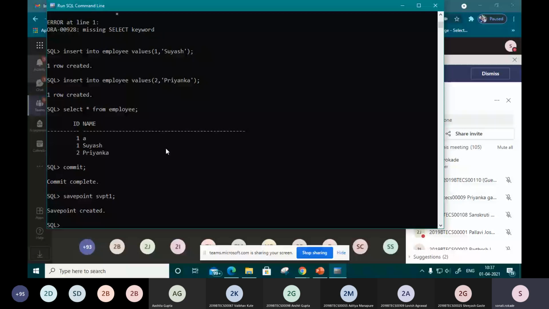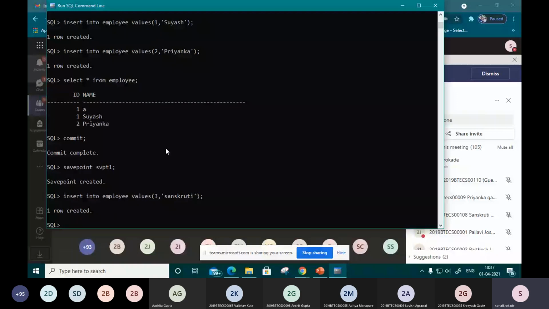Now suppose I want to insert another value into it with ID and name, who is next, Samskruti. And now I want to find out the next savepoint.